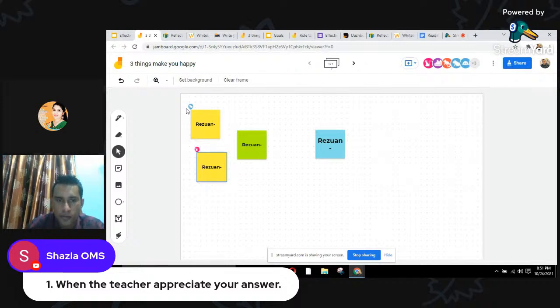If you're struggling to write it in the Jamboard, you can write in the comment section.